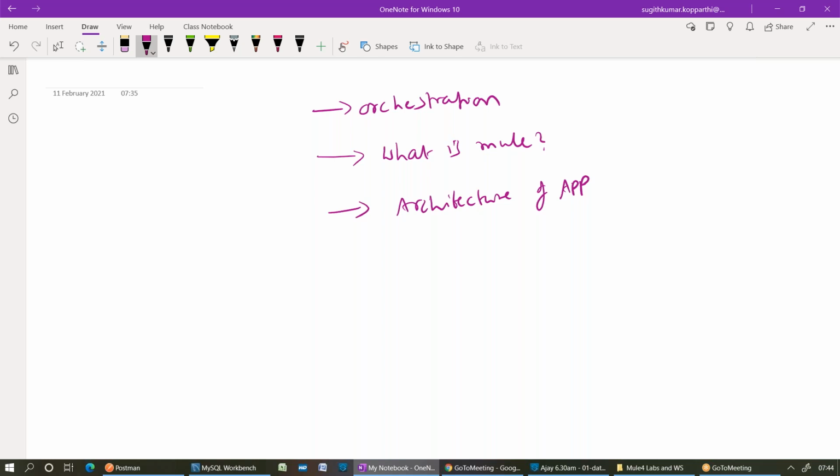Actually, the point is, hybrid means, as rightly said, a combination of on-premise with CloudHub, that is, the Runtime Manager on the cloud. Your applications are running on a local environment only, not hosted on a cloud platform. It is hosted on your local machine only, but it acts as a remote deployment.